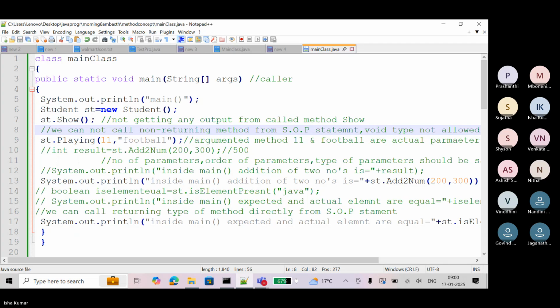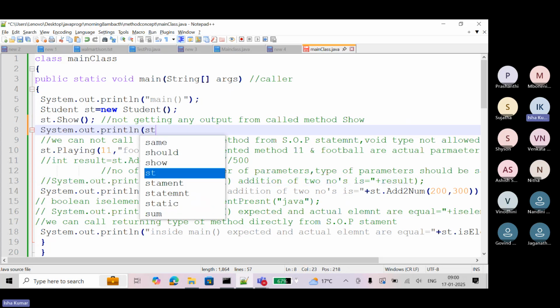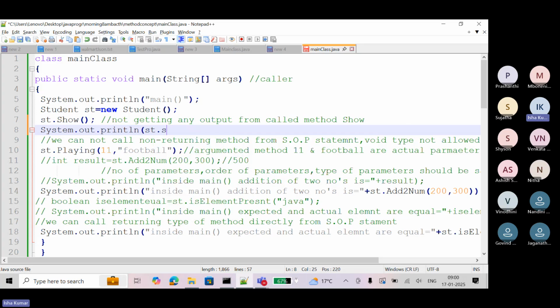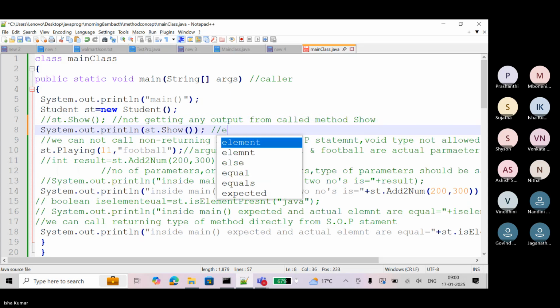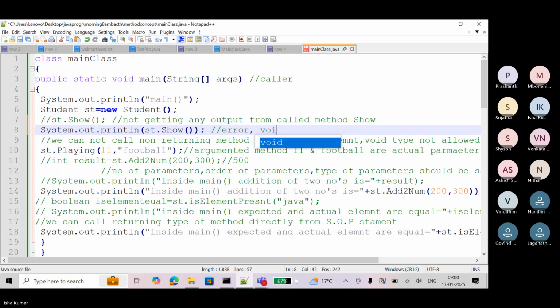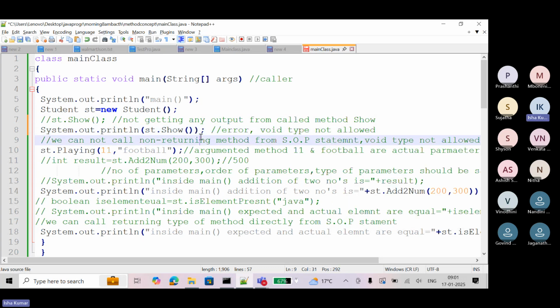So if you try to call this non-returning method, here, you try to call this, st dot... just try this. It will throw the error: void type not allowed.